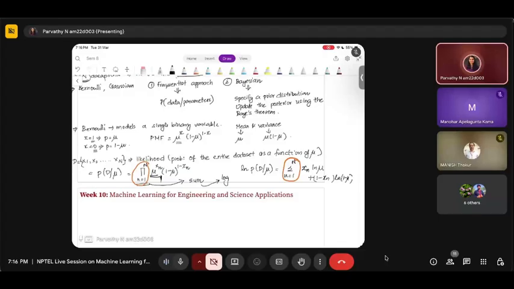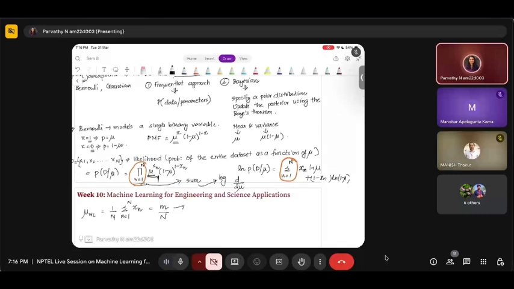Now, when you say we are maximizing, what we do is we take the derivative of this with respect to mu. That is d by d mu we take. And then when we do this, we get mu as 1 by n, sigma n from 1 to n xn. And this is equal to m by n, where m is